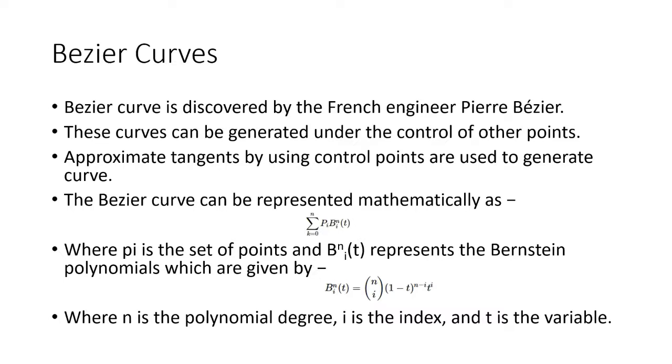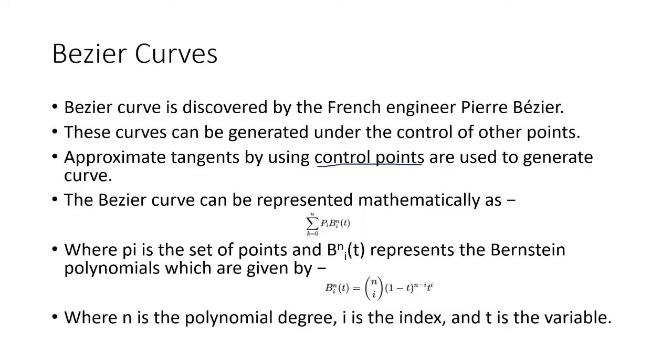That means your curve might have one starting point and one ending point, but that doesn't mean that it is going to have only two control points. It can have multiple control points, which ultimately work on how the curve is going to be represented. In later lectures, when we look at spline curves or B-spline curves, you are also going to see that control points play a vital role there. Obviously, there are other features and factors, but control points are one of the key highlights in computer graphics curves.